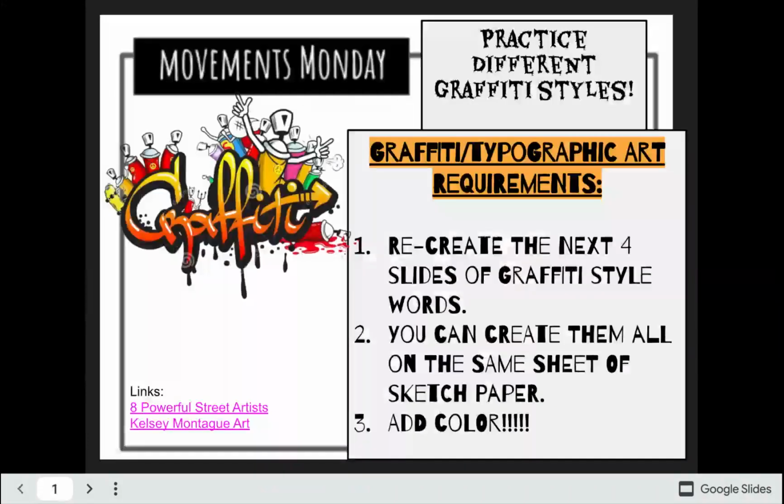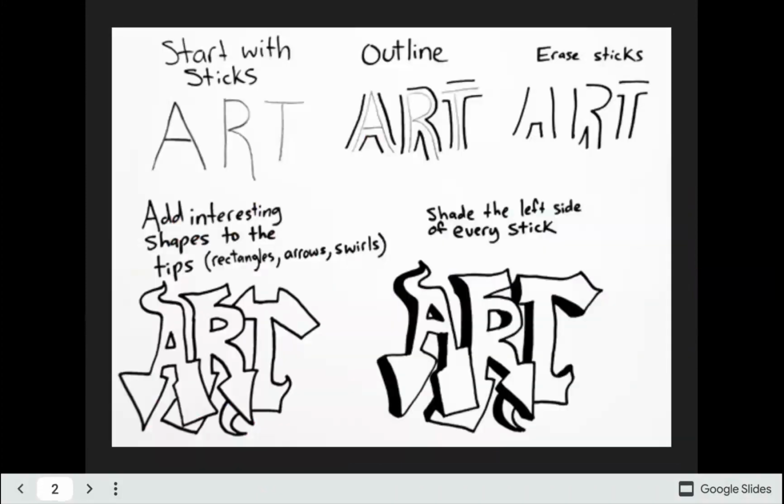You can literally go out and Google your own style. Because you're going to be doing your name, you could even Google your name, and my name's Jordan, I could say Jordan in graffiti letters, and I would find all sorts of my name written in different styles. So the whole point of this is to understand and learn the fonts of graffiti and what the components are. So you're going to have 4 practices on one page.